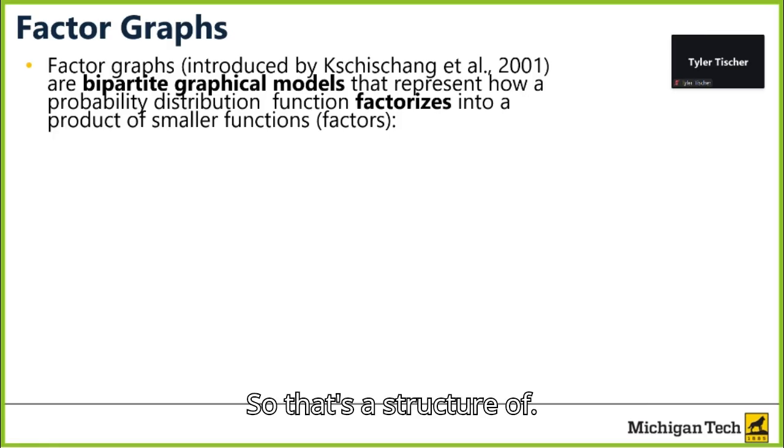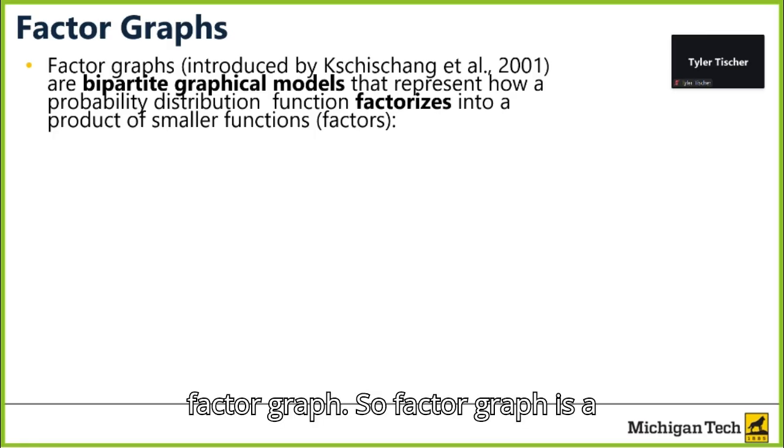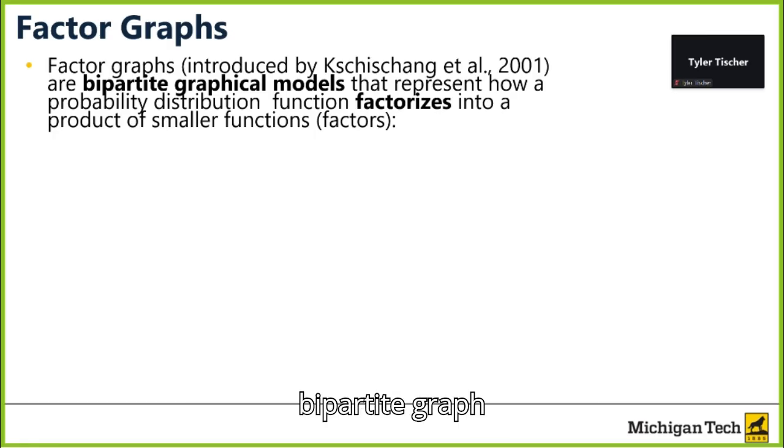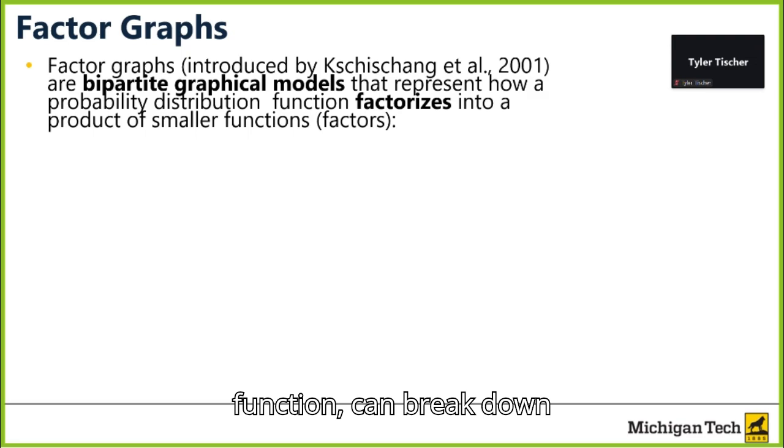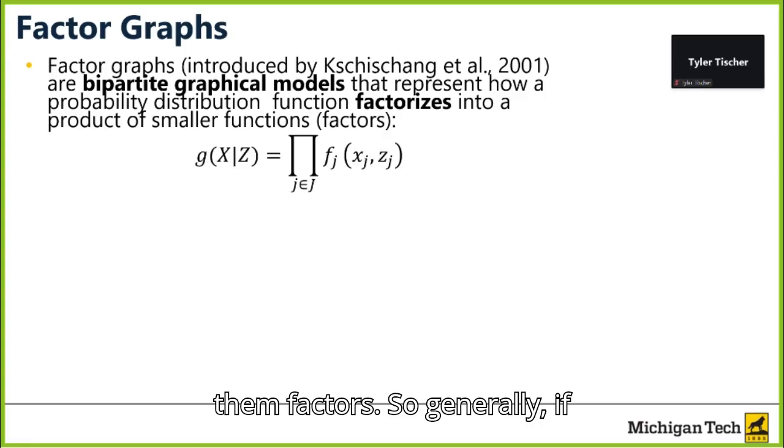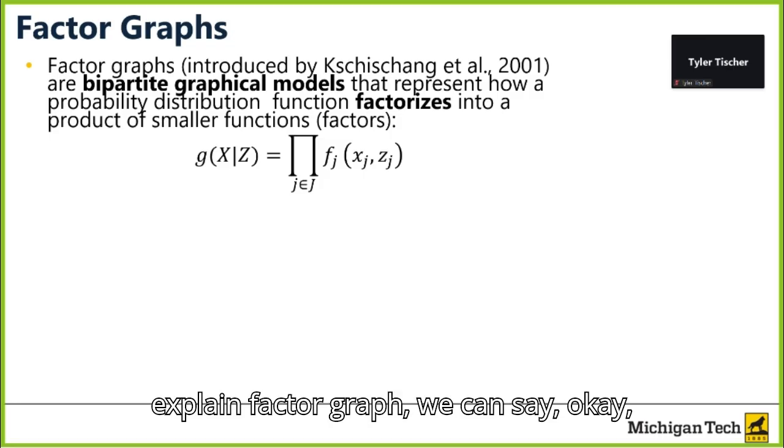So that's the structure of factor graph. A factor graph is a bipartite graph, and it represents how a function, specifically a probabilistic function, can break down into smaller functions that we call factors. So generally, if mathematically we want to explain a factor graph, we can say,